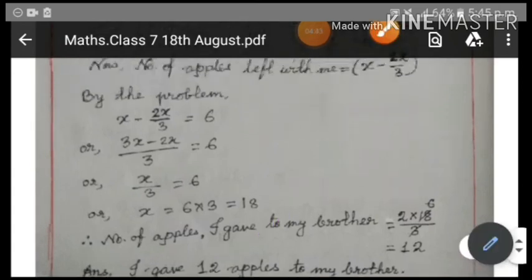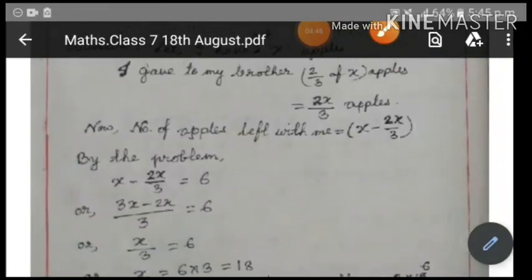Okay children, so you listen to the explanation of the problems from the video, and the basic thing in this type of problems is the forming the equation part, that you need to first work out stepwise in order to form the equation. You need to read and understand the problem sum well. You need to understand the language of the question and also find out which quantity you will need to consider as x. This part also you need to be careful about, which one you need to consider as x. The x you will consider only that quantity on which the other value will depend.